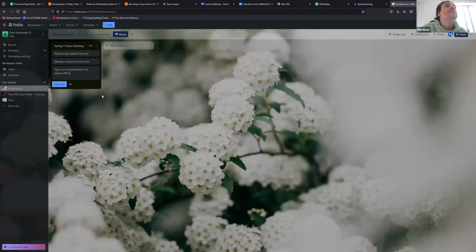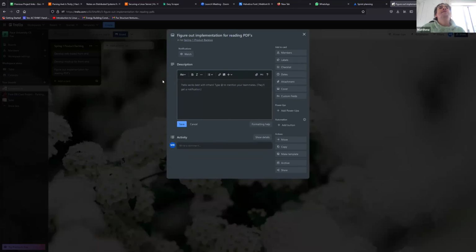And again, I feel like that one is up for interpretation. It's not just reading the PDFs, it's what we do with the information that we get back. And also how we programmatically read those PDFs in a repeatable way.